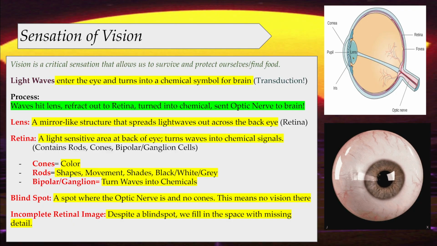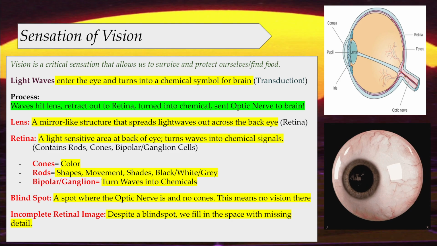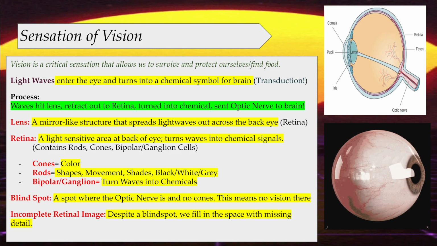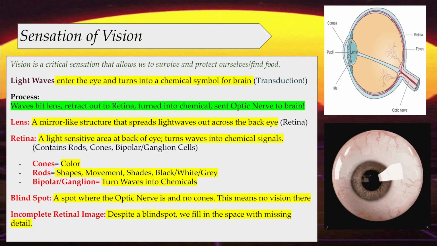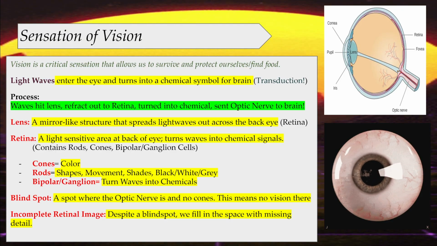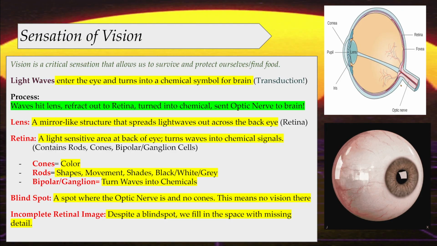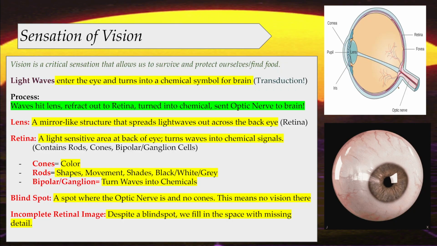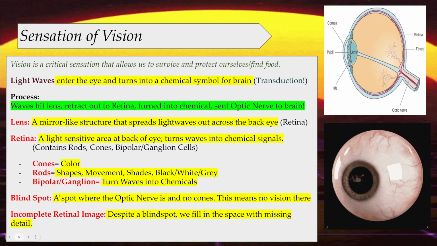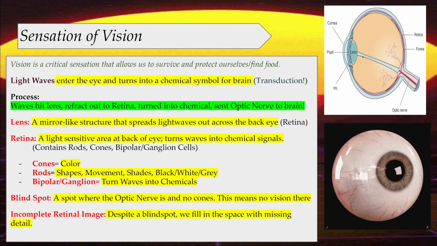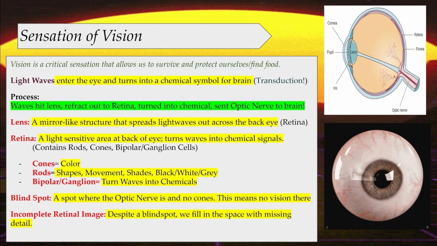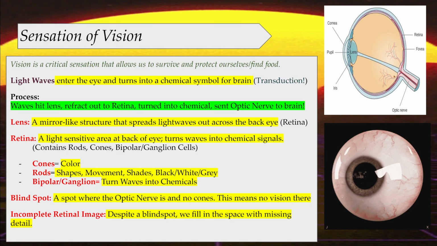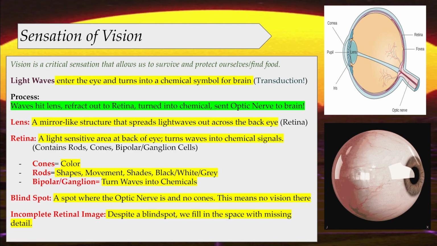Now, if you look at this image up here, when the light waves hit our eye, there's one little spot here called the optic nerve. Now, that optic nerve doesn't have any cones or any rods on it. It's kind of like a dead spot in the back of our eye. So if any light hits that, this is what causes a blind spot. A blind spot is if any type of light wave hits that optic nerve area and there's no cones to perceive it, which means we have no vision in that small spot in our blind spot.